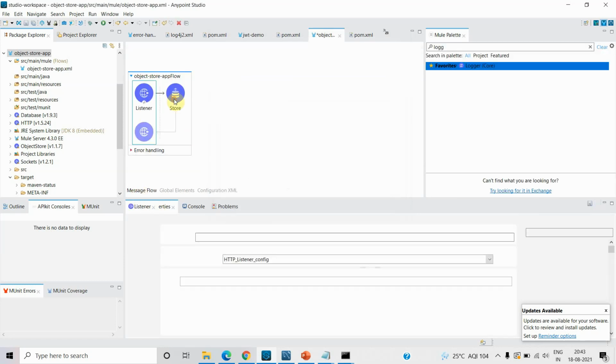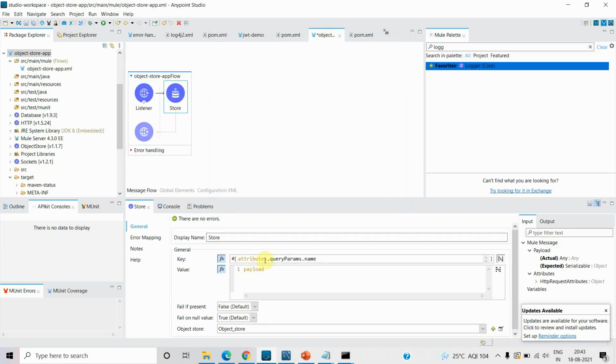Okay, in the object store. So basically what I'm doing, I'm getting the key as attributes dot query params dot name.